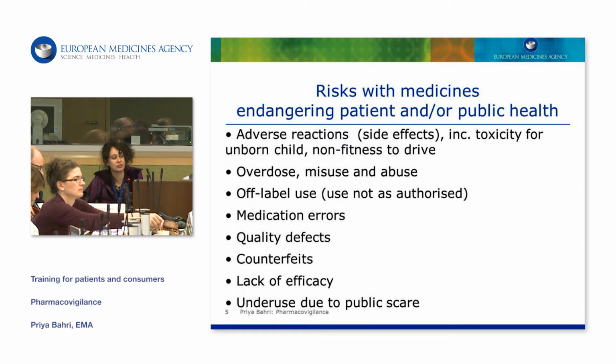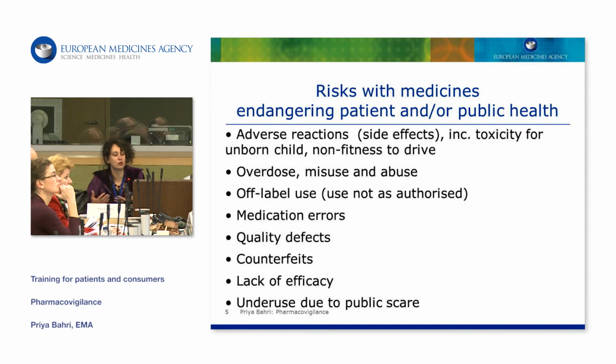Medication error is an area for risks which was included more recently, about 10 years ago, in the scope of pharmacovigilance. It evolved through the view that healthcare is not only the medicine, it's how the medicine is given, which can cause a problem. And in the risk management approach, which entered pharmacovigilance about 10 years ago, this was also included. And more recently, driven by a more global agenda, quality defects and counterfeits are included as they can be detected through pharmacovigilance.